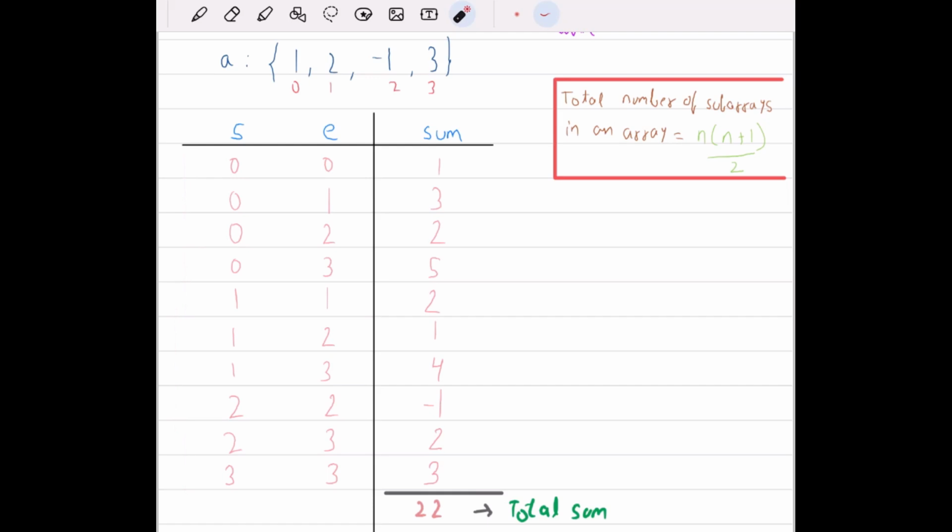Okay, so the subarray sum from index 0 to 0 will be 1. From 0 to 1 will be 1 plus 2, which is 3. From 0 to 2 will be 6. Like this, we will get the subarray from 3 to 3 will be 4. So with this we are getting the sum of each and every subarray. Now what we have to do is get the sum of all these sums